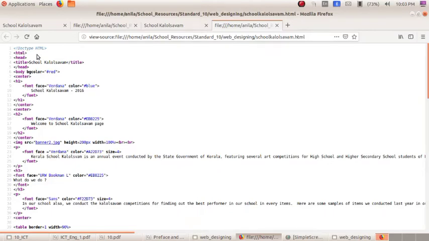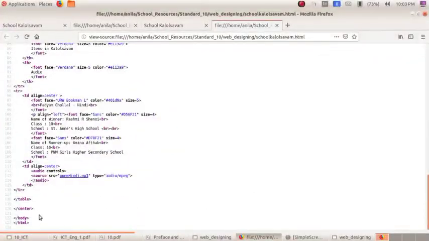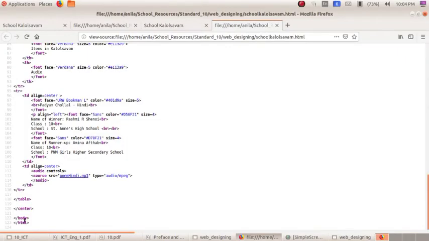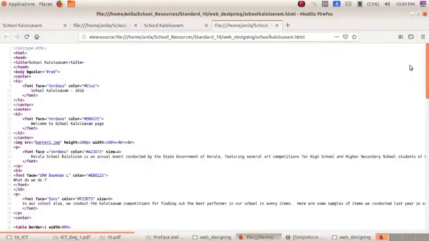Then one more specialty is that if a tag is opened, now I have opened the HTML tag, then at the end of this web page, that tag is closed. So how can we identify an opening tag and a closing tag? Yes, in the closing tag there is a slash symbol just before the HTML. See, this is the closing tag of body. This is the closing tag for center. There is no slash symbol for the opening tags. These are the basic concepts.